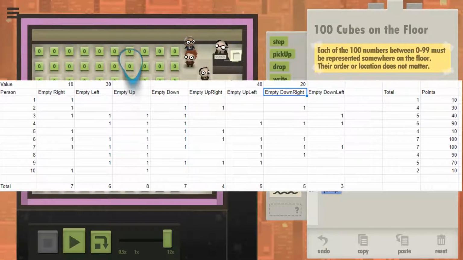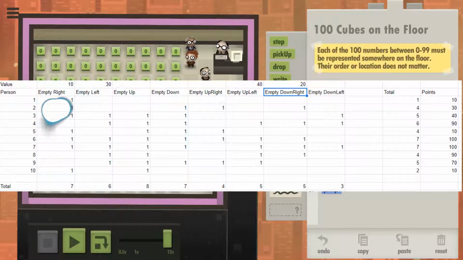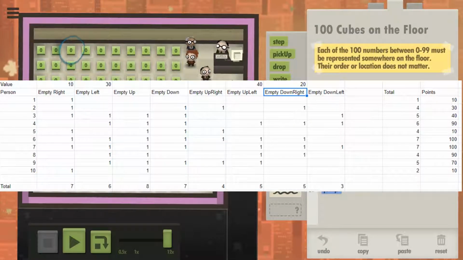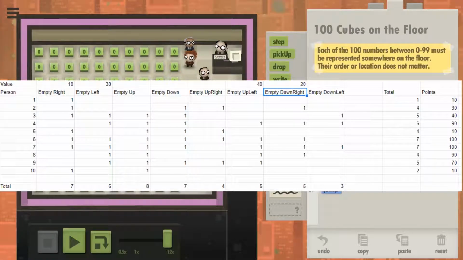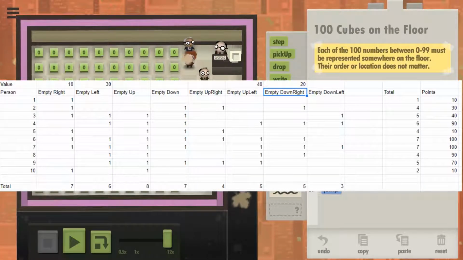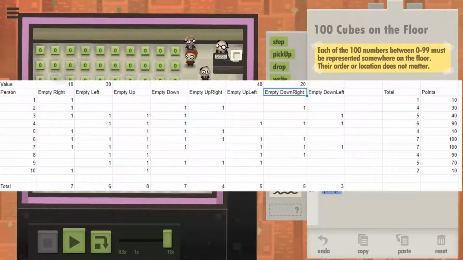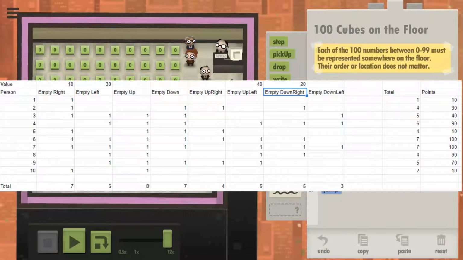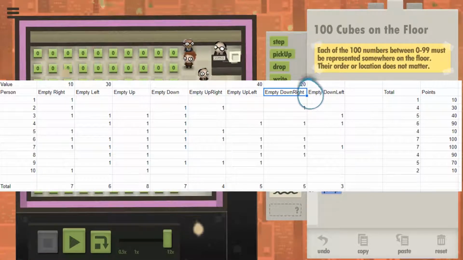So 7, 6 for 20, 4 for 30, only empty upright counts for that, and another 6 for 40 gives me, I see